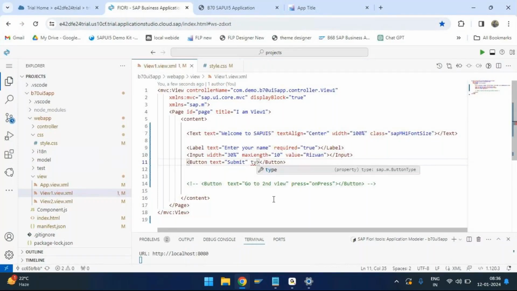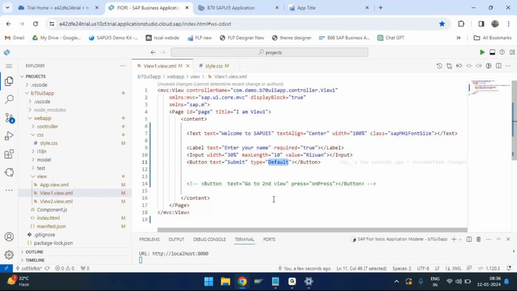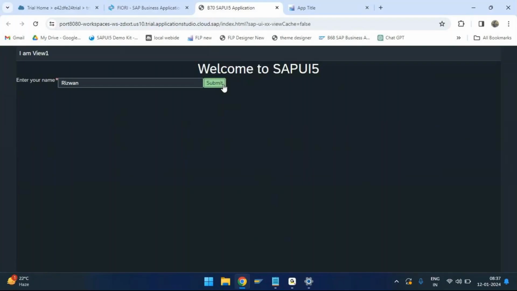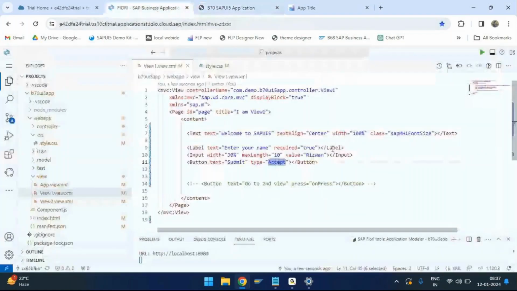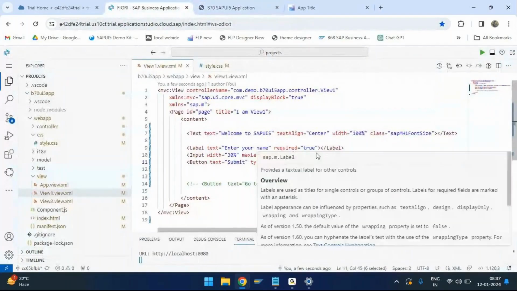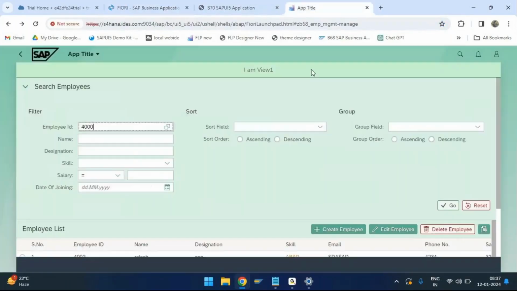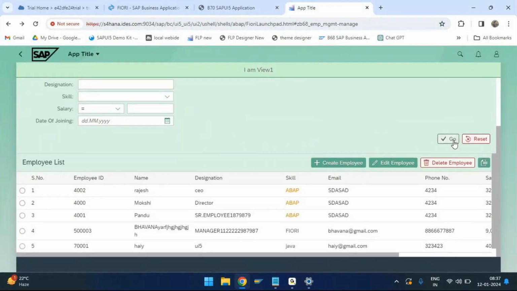The button has a property called type, and if I use type equal to accept, this will give you a green color button. So let us see a green bordered button. Yeah, so this is what is called the green color button, and we use the green color for positive scenarios. For example, if you observe our application, Go is in green color,